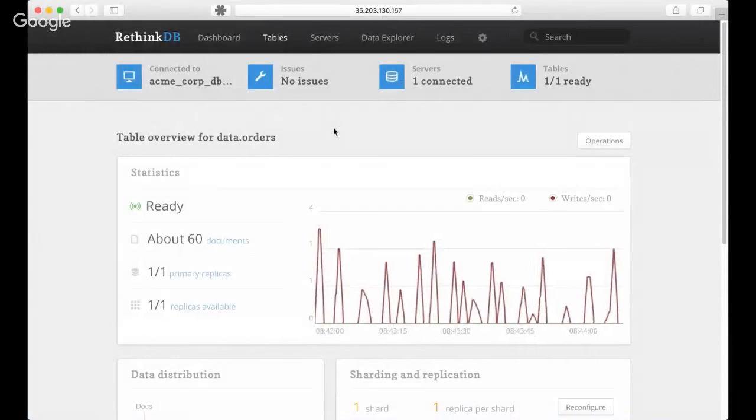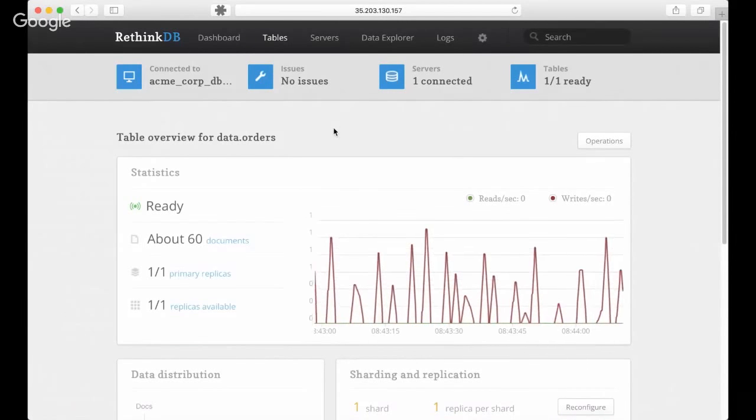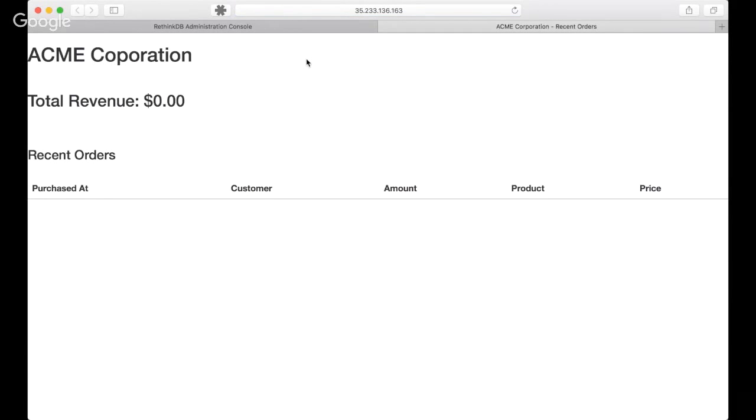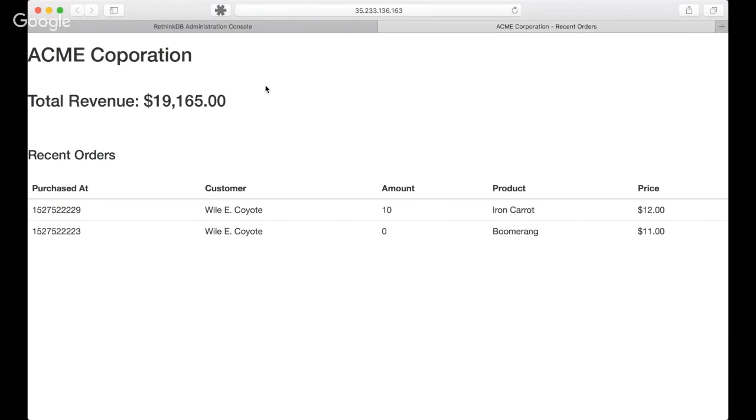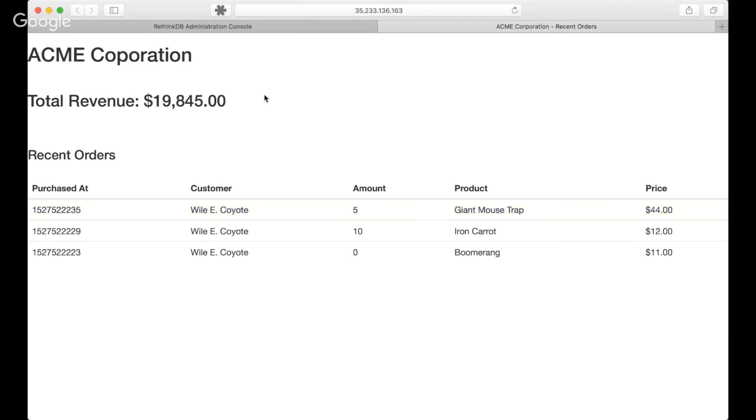And this web interface is very simple, just to be able to parse the documents that are in the RethinkDB. So we got Acme Corporation, and I know we have some documents already in there for product sales. Yep. So we have a couple more coming in. And so that all looks good. And we've successfully been able to deploy all the infrastructure to Google Cloud and then build up an app server and have it running with Terraform.